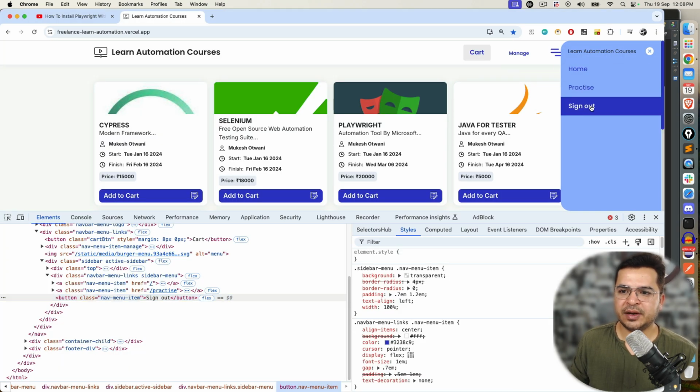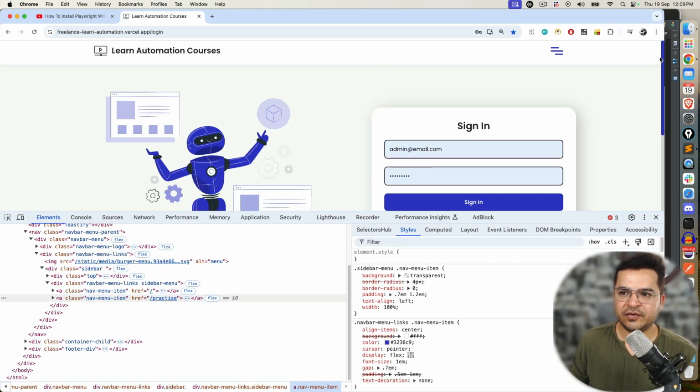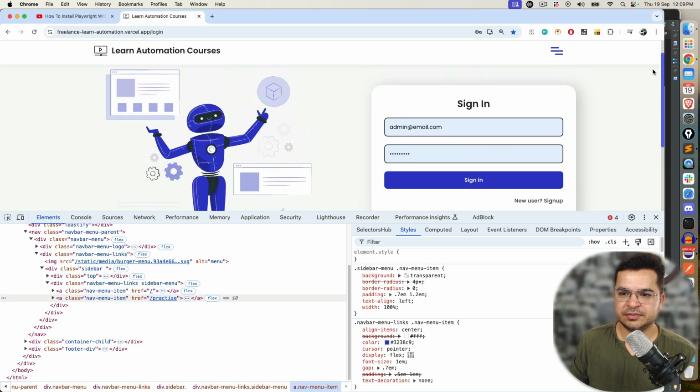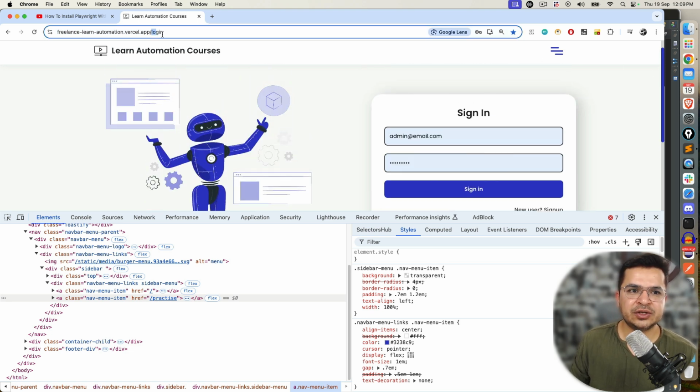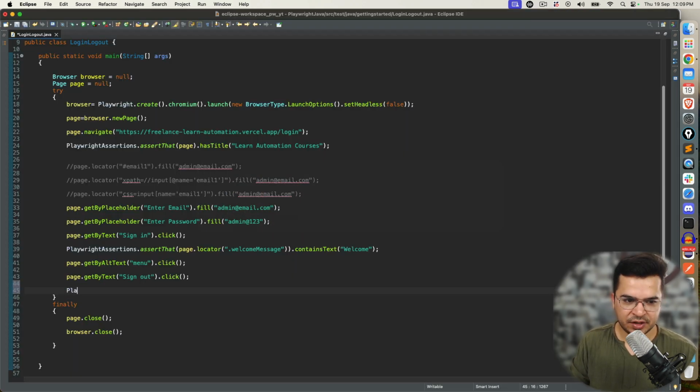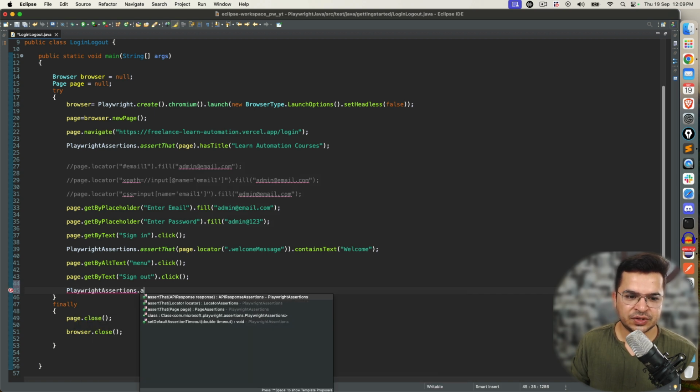Now the moment I do sign out, I need to verify that I came to the login page. See, we cannot directly believe, right? We need to put assertion. So I will check title should contain login. Sorry, not title, URL. So again, what I can do, same thing, playwright assertions dot assert that